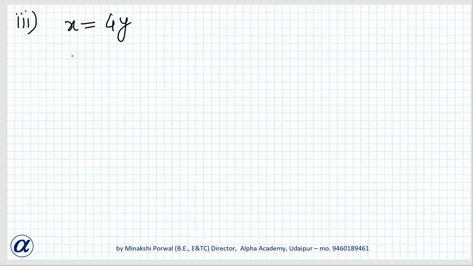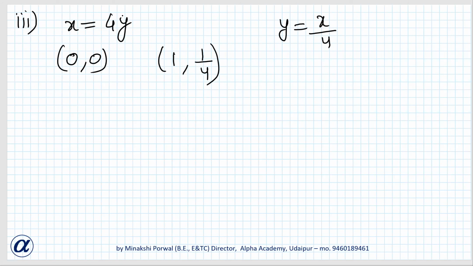0, 0, 4. When x is 0, तो y भी 0 ही होगा. x की वैल्यू 0 है, तो 4, and ma'am, 1, 4. 1 comma 4. When x is 1, y will be 1 by 4. y क्या होगा? y is equal to x upon 4. From here we can write y equals to x upon 4. x जब 0 है तो y भी 0 है, x जब 1 है तो y 1 by 4 है.